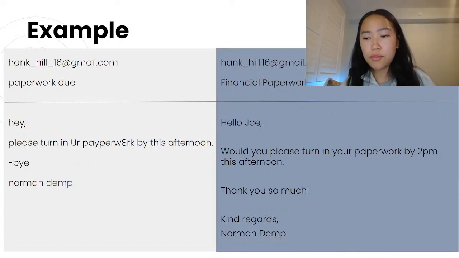So instead you would put on the right side here, would you please turn in your paperwork by 2 p.m. this afternoon? Thank you. Next, the salutation at the end of the email, which is bye, can be replaced by kind regards. Lastly, this email altogether is lacking any proofreading, like the spacing and the capitalization.